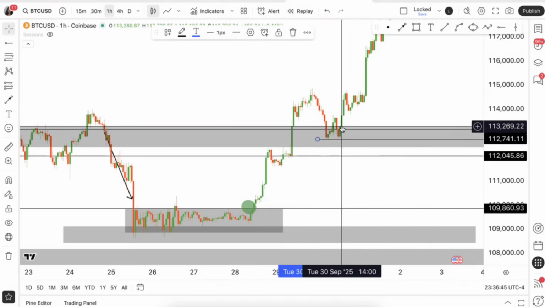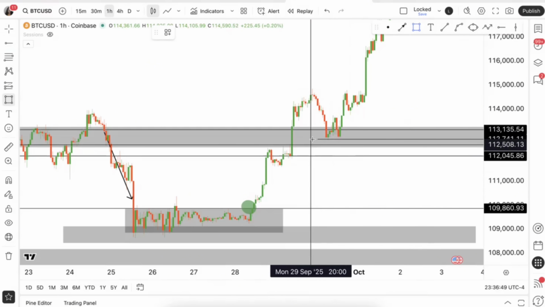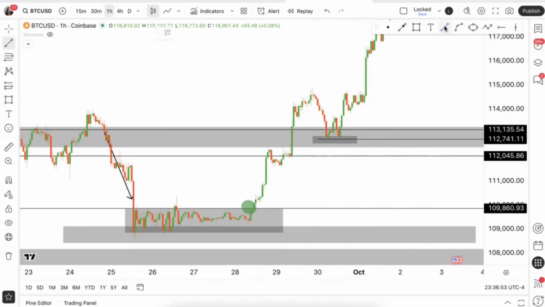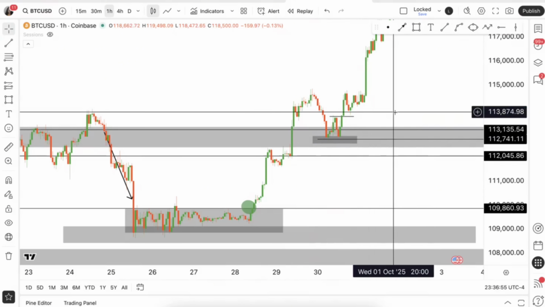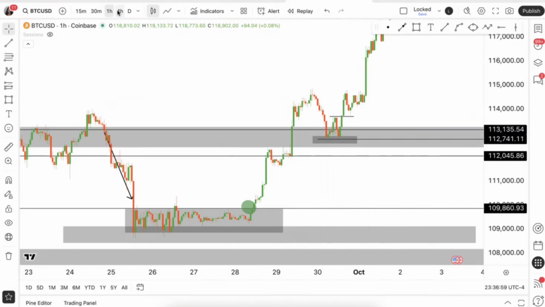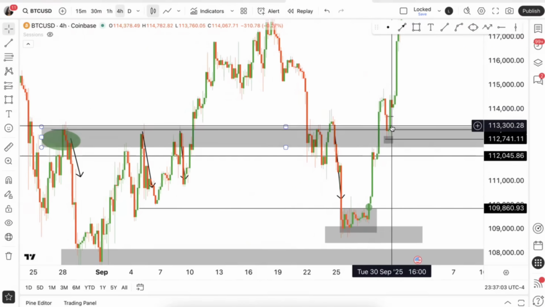And it builds itself back above this level. So I already have a support level here, right? A support level here and also a break above here. I have price above that level on the 4 hour time frame. So that level here on that 4 hour time frame, price is above it.